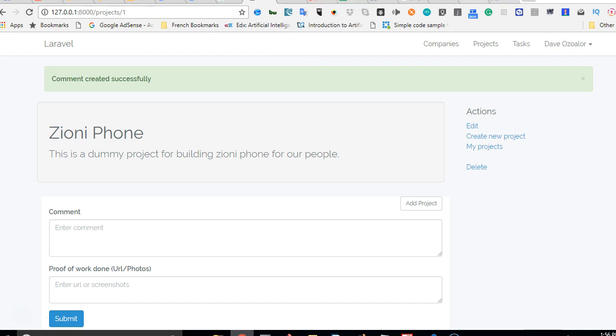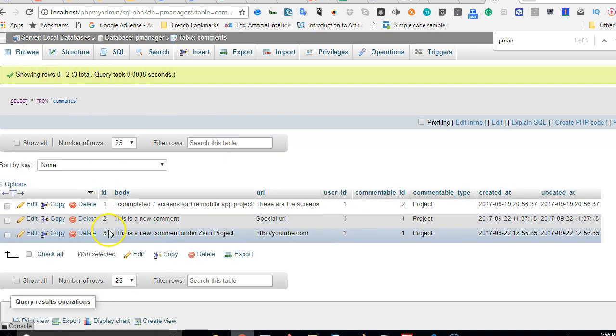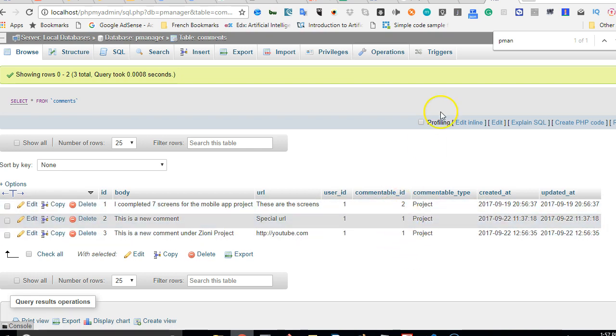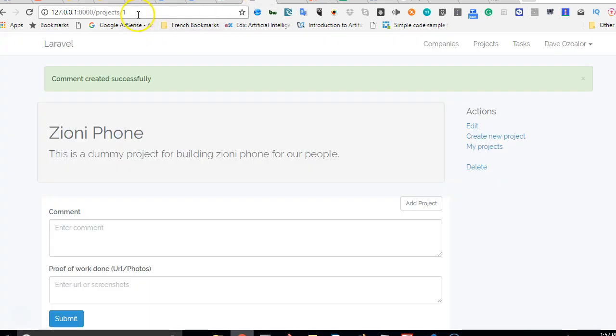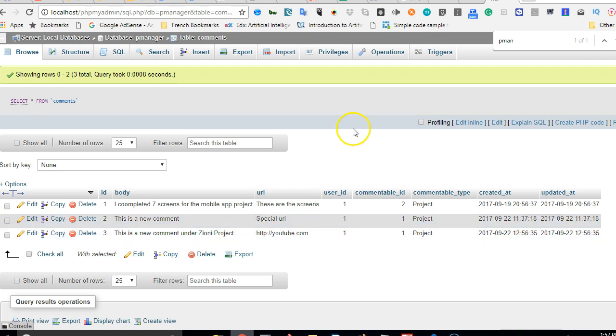So if we go to our database, on phpMyAdmin and comments, and if we refresh, I'll click on browse, you see that this new comment has been added, and then you'll see that the user ID is one, added correctly. Commentable ID is the ID of the model, which is the ID of the project. As you can see, this is one, correctly reflected, and then the commentable type is project, correctly, and then everything is correct, but it's not showing because there is a little mistake and it's not even indicated in the Laravel